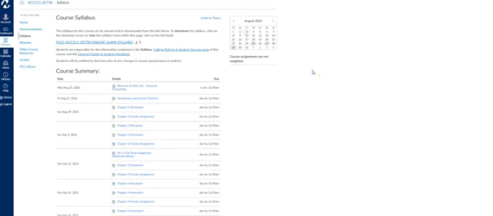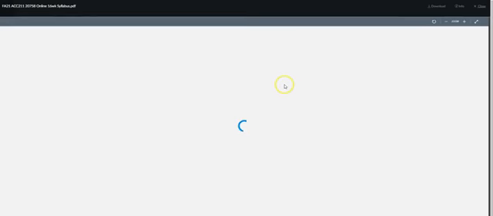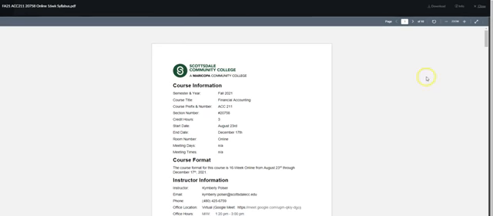All right, I'm going to take a few minutes to walk through the syllabus, which has details about how this course will proceed. Over here in the Canvas classrooms, you will find the syllabus within the course navigation menu. You click on that, it will bring you to the course syllabus page. Down below is a course summary of assignments and their due dates, as well as a downloadable PDF full course